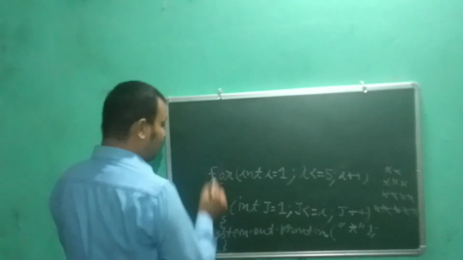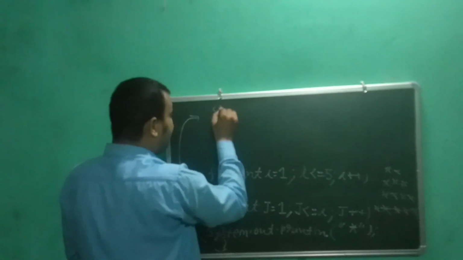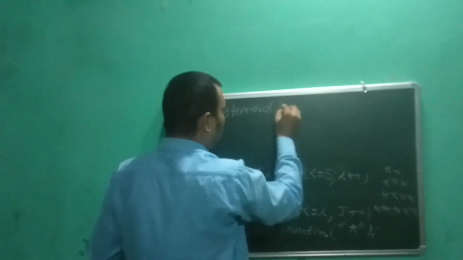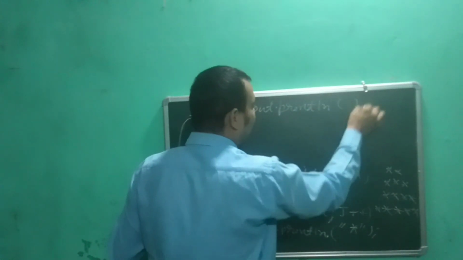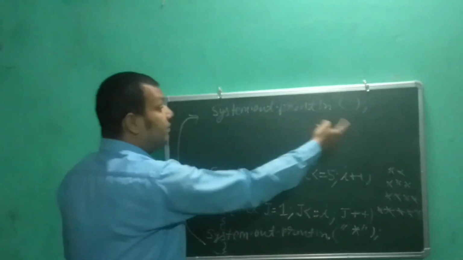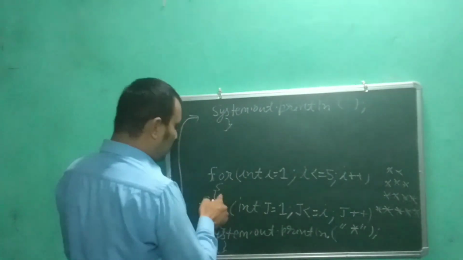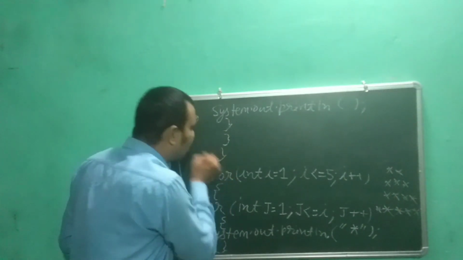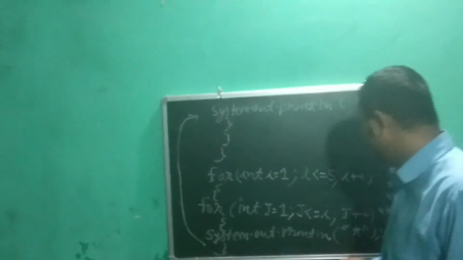Very important lines are these. Now I am going up and I am writing here again what? System.out.print. And what we need to have? Only one blank line. This statement is used to change the line. This is what? The closing of the outer loop. This is our program. Let's close the main function. Let's close the class.